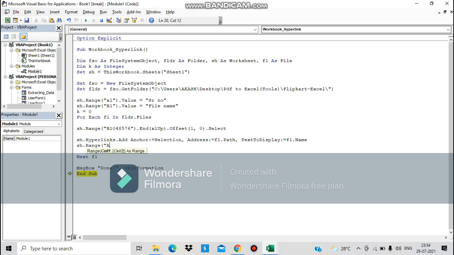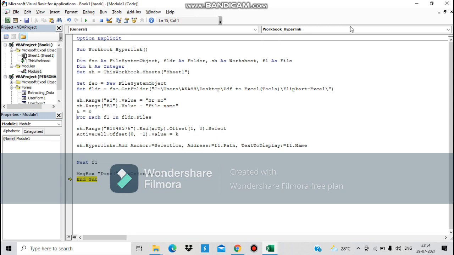See what you have to do, because it's a selection of this one. Then you can say here active cell dot offset 0 comma minus 1 dot value equal to k. We have to put instead of 0, 1. Okay, k, and now you have to put k plus 1. It's going to run now. See how.